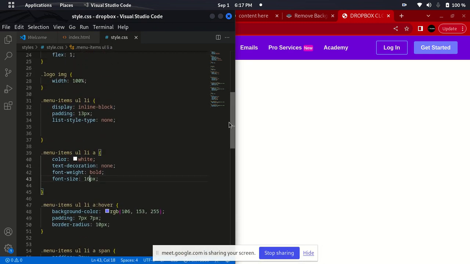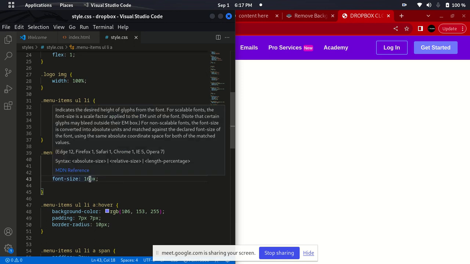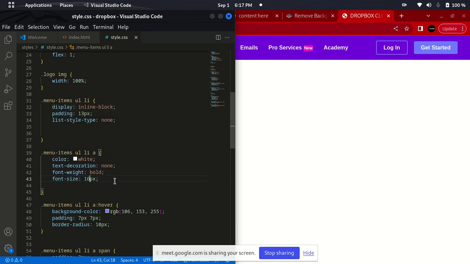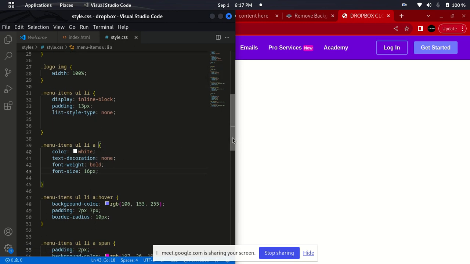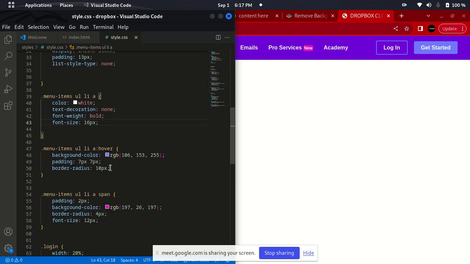Let me do the text first and see if it still shifts. Let me remove the padding. Okay. See, and let me add a little padding. You see, if I remove the padding, it doesn't shift anymore. Yeah, it doesn't shift. So that means what we need is